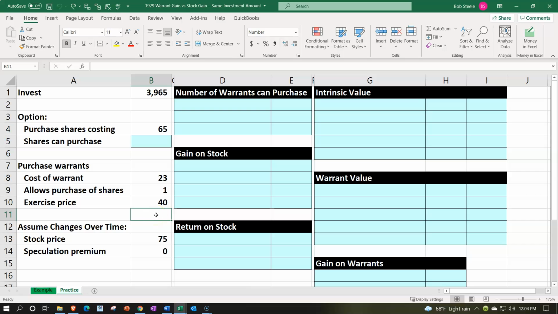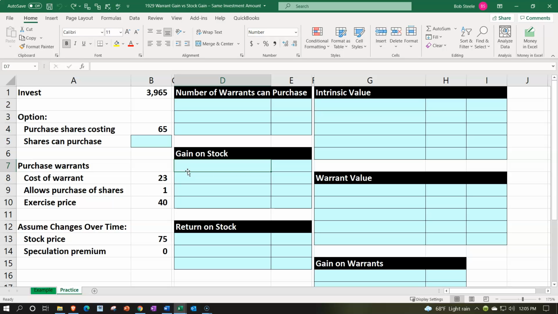Here we are in our Excel worksheet. If you have access to the Excel worksheet and would like to follow along, note that we're in the practice tab as opposed to the example tab, the example tab in essence being an answer key. We have the information on the left-hand side. We're going to populate that into the blue area on the right-hand side, comparing and contrasting the investment in stocks